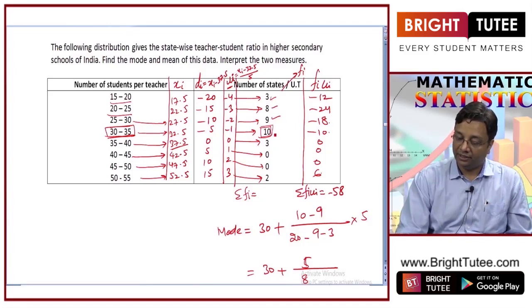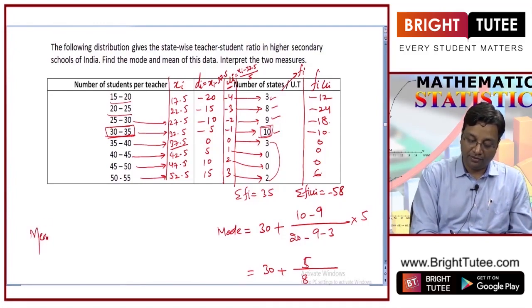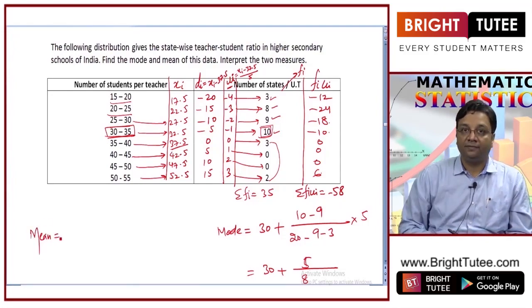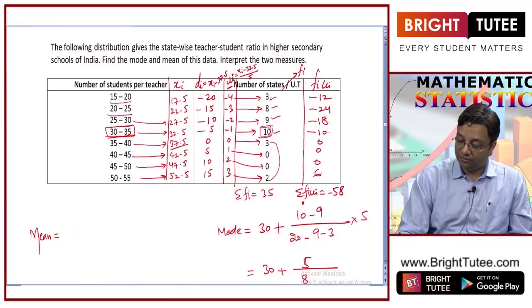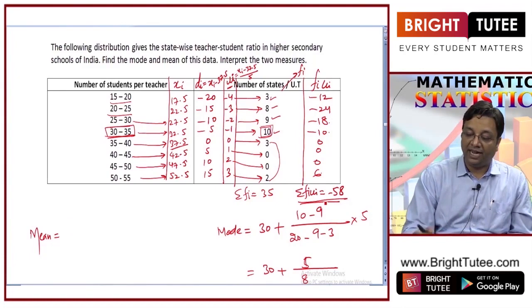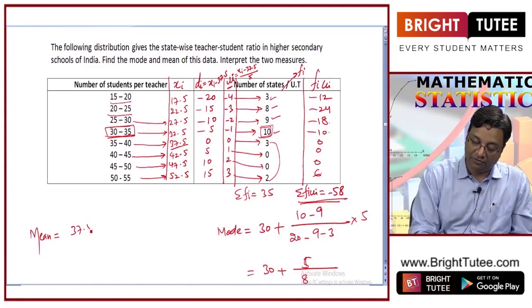(11), 20, 30 and 35, right. So, what is the formula for mean using the step deviation method? It will be equal to, we will add what we have subtracted, right. So, it will be 37.5 plus,